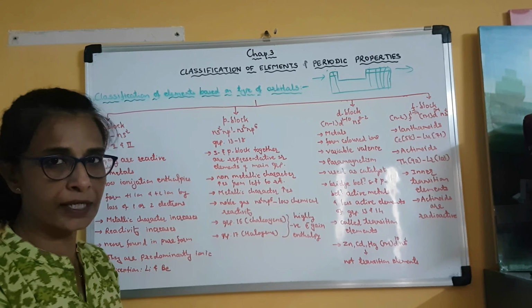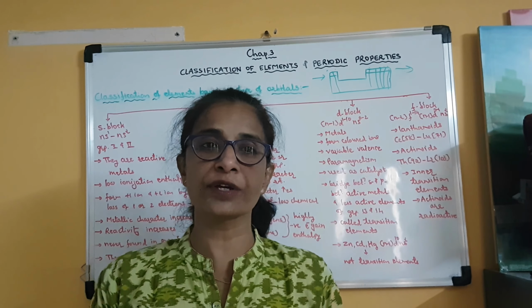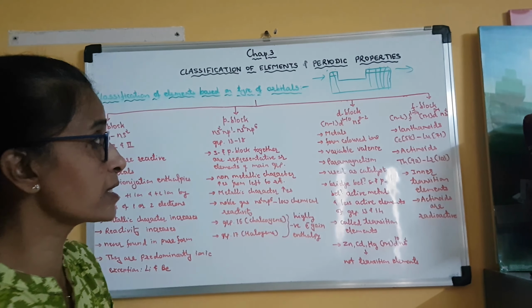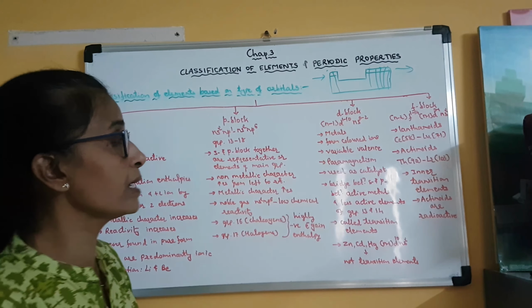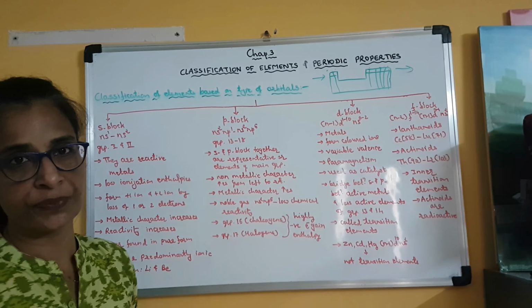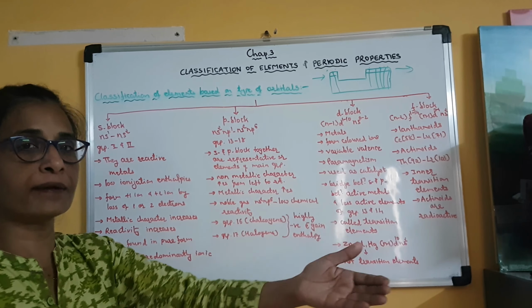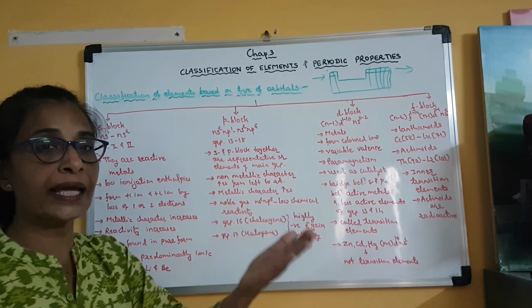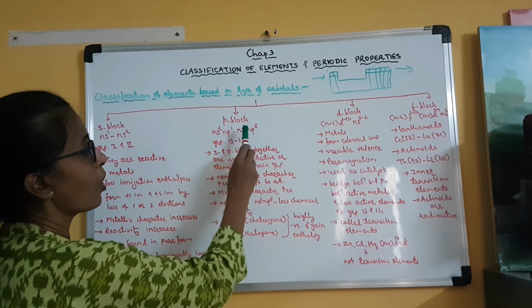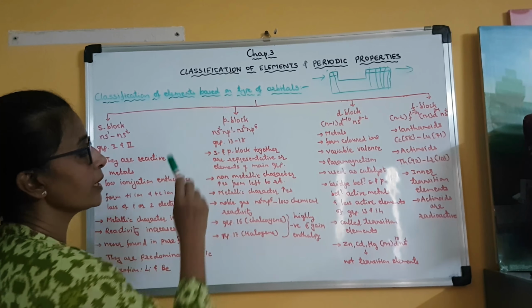Noble gases have ns2 np6 configuration. The exception is helium, which has configuration ns2. But in the remaining noble gases, the elements of group 18, the last group of the periodic table, the p orbital is completely filled. After that, the electron enters the next shell, the next energy level. Clear? So all inert gases have the general configuration ns2 np6.